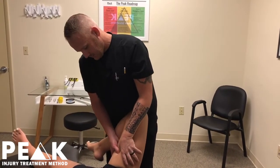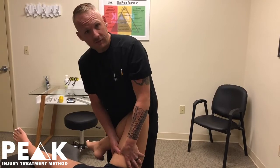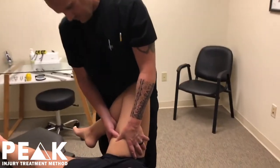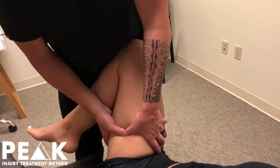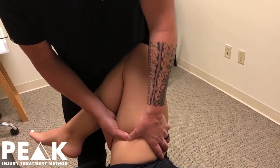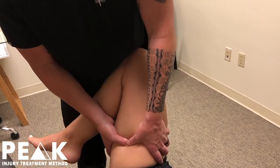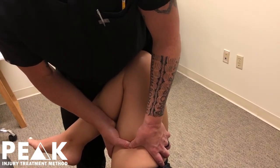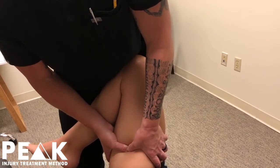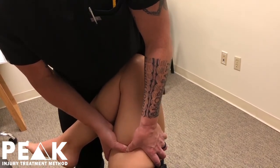And the first thing you're going to do is you're going to back these thumbs up. So come in a little bit closer for me. So what you're going to do is back these thumbs up. This is going to allow me to get my depth and my tension. So the first step is I'm going to get my depth by leaning in with my body, just like that. I'm going to come out just a little bit,